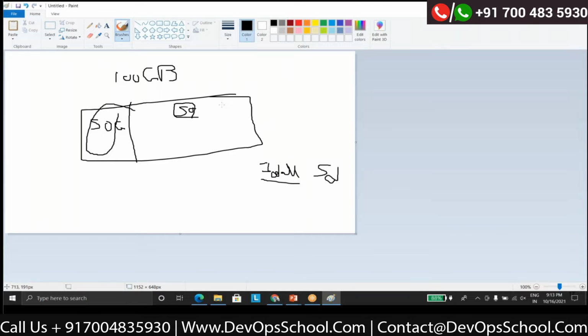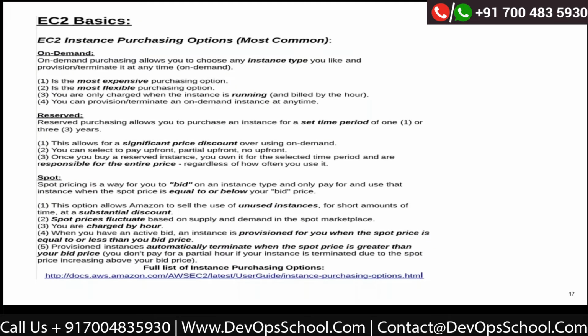So spot instances are generally for less critical applications, not for the most critical applications, because your instance is going back to AWS whenever the price increases. So that's what these three types of instances are: on demand, reserved and spot. Accordingly you can plan your things.